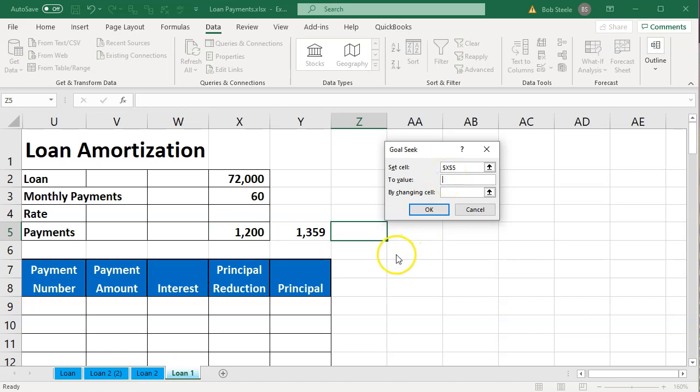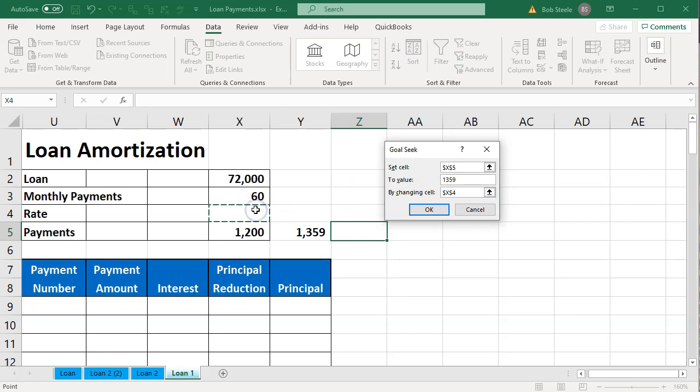And also note that I'm not actually on any cell. I can be anywhere in the sheet because I'm not making a formula in this cell. I'm asking Excel to do a function for me by basically trial and error. So then we're going to say we want to change it to, and I'm going to hard code this number, 1359. That's what I want it to be, and I want you to get it there by changing